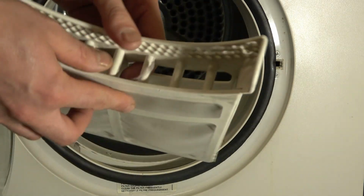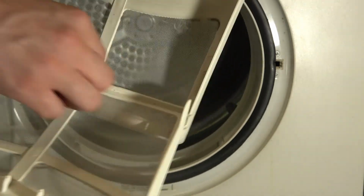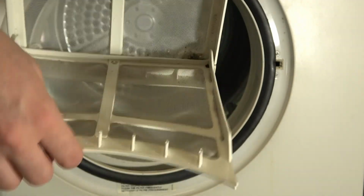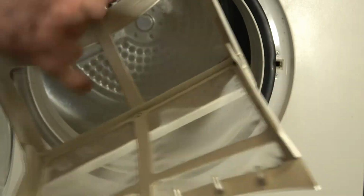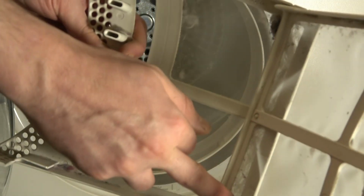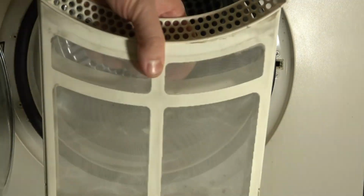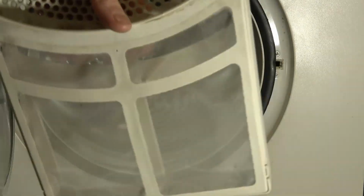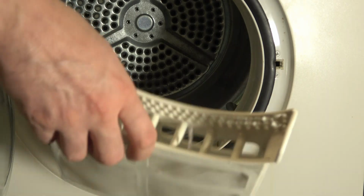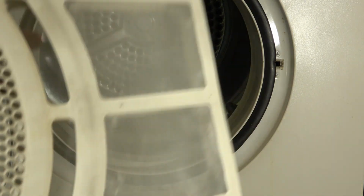It's a split one, of course, and I'll go into this a little bit later. There is a little bit of a downside with this filter, of course, when you're trying to clean it. When you fold it open, that bottom bit then becomes inaccessible. Bit of an annoyance. Also, if you want a replacement one, you can just get one from a medium-made machine. So things like the Russell Hobbs, the Logik dryers, etc. use exactly the same